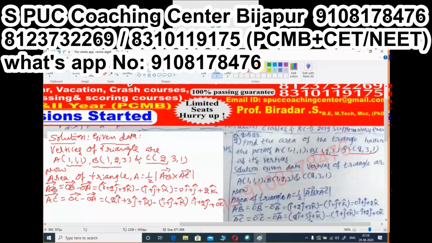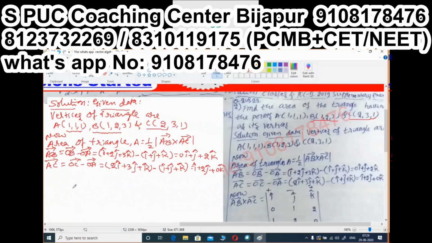vector cross AC vector. Same as previously done, now do AB vector cross AC vector. After doing that, a vector will come, take its modulus. So then you write this formula and substitute in this. Okay, let us carry out it now. That is AB vector cross AC vector, which is equal to the determinant of those two vectors, whatever he has given, express it in terms of determinant and find it out.